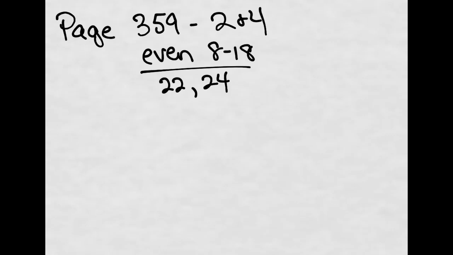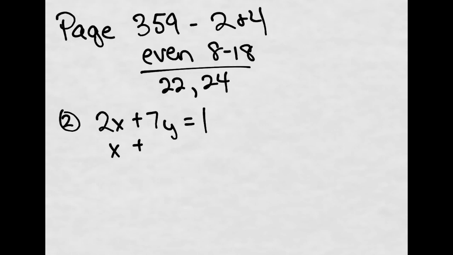All right, so here we are, page 359. We'll work 2 and 4 kind of together, and then move on 8 through 18 as you feel comfortable. So here we go, number 2. Remember, we're still dealing with elimination, and we hope what happens is we've got some coefficients that we can just go ahead and mark off and